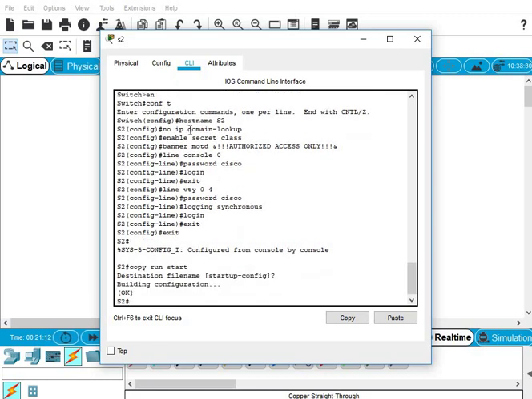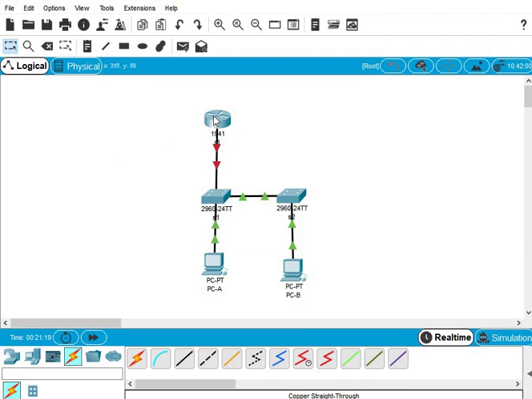Okay, now that we have configured and saved the configuration that we made on the S2, let's move on to the